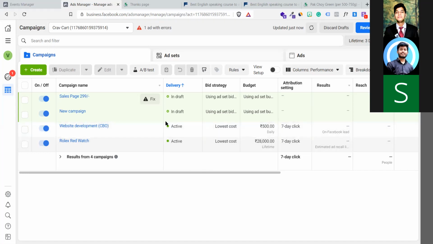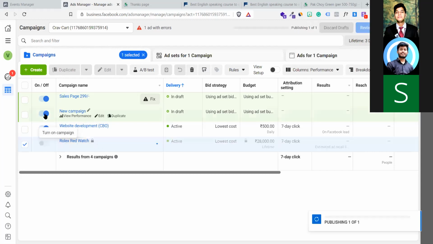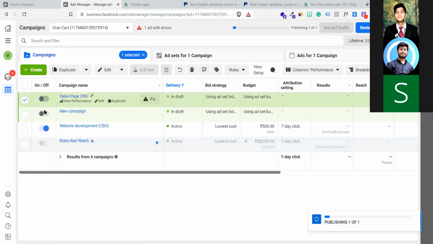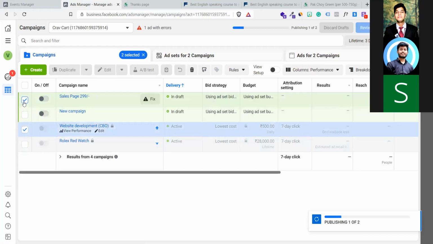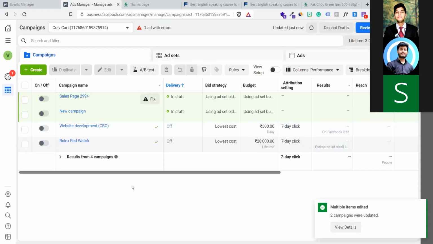That's why I'm showing you live. I'm not showing you through pages and bulky, bad-looking slides. No, that's why I'm showing the exact problems which we face on a day-to-day basis. As of now I'm not running this campaign, so I'll turn it off because I don't want to get charged on my credit card. Maybe it gets started somehow, so it's better to turn it off if you're not using it.